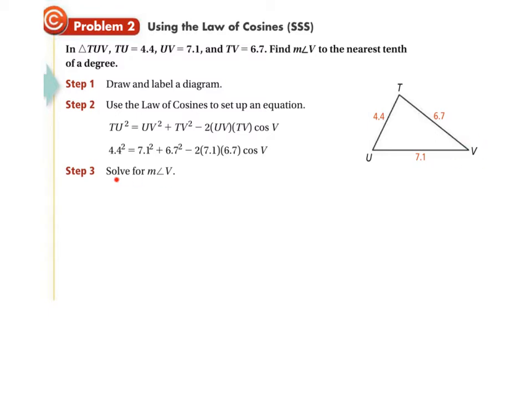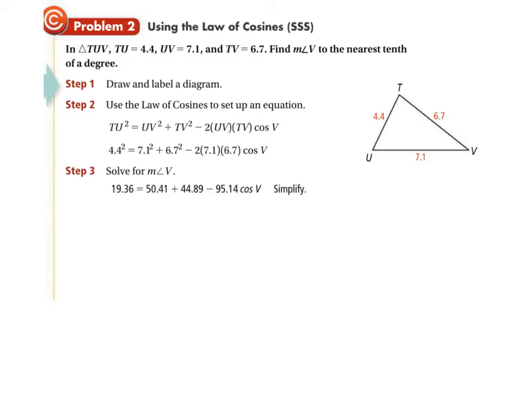And now it says solve for the measure of angle V. This is going to be a little bit of a different, more complex problem, because you need to do arc cosine, or the inverse of cosine. You're going to have a value for what the cosine of that angle is equal to, and you need to do the inverse, okay? So what does that look like for you? Well, one of the things that you're going to do, and I think that they might have left some steps out here, is,